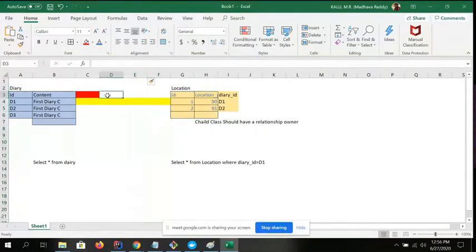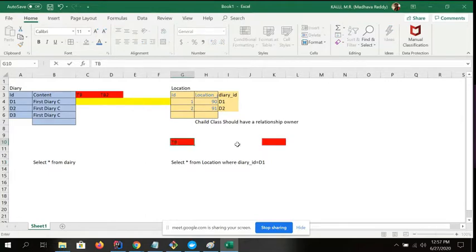And this is table 2. For example, I have this as a table 1 relationship, and this as a table 2 relationship, and this is another table, and this is another table.